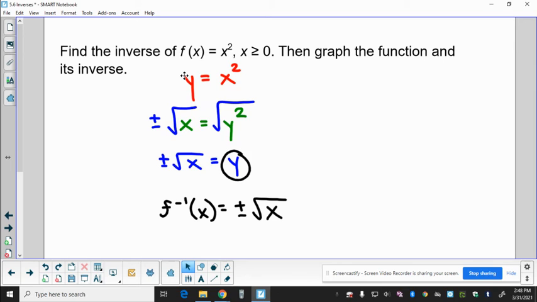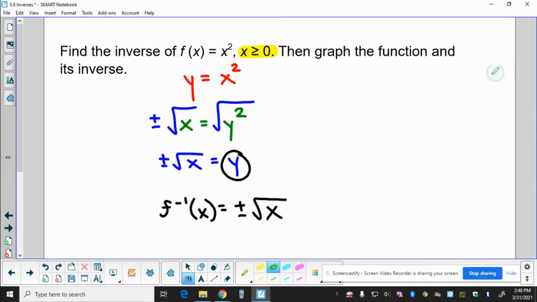Okay, now in this particular situation, we do have a limitation on something. It says that your x coordinates can only be greater than or equal to 0. So we're only going to look at the positive numbers and 0 on the x-axis, and that's because of the square root. Let's take a look